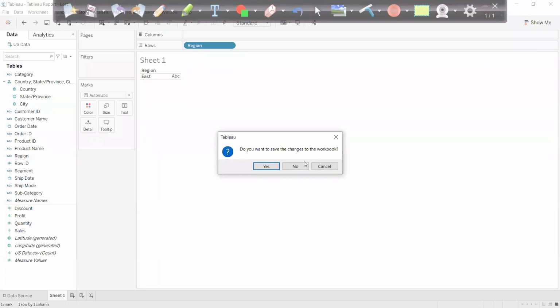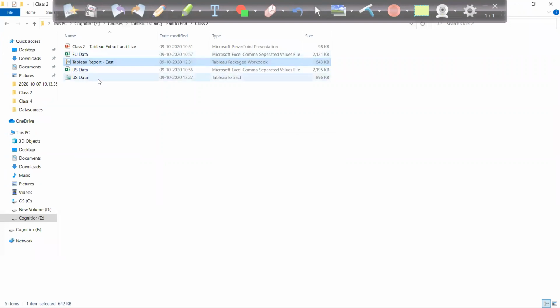In the same way I can create multiple files. One is for East, one is for South, one is for Central, one is for West. So suppose one of the users is from the East region, he can open up this file. Any other user from the West region, I will share that file with them and they will open up that file. So I can very well apply the filter at the very start. When I click and open the report, the data which I will have will be of the East region only, and you can see only that data.